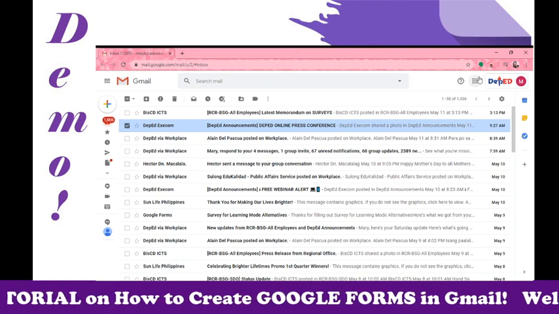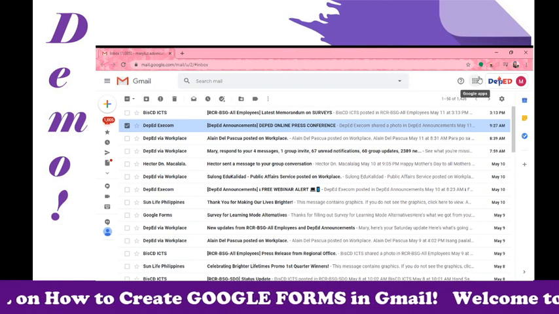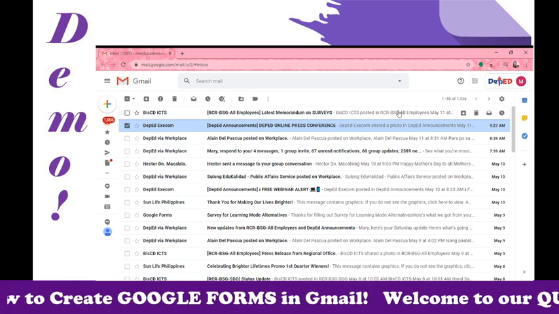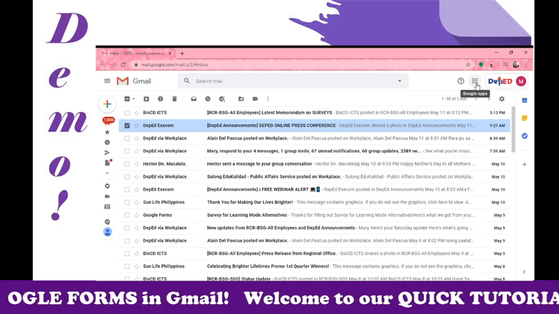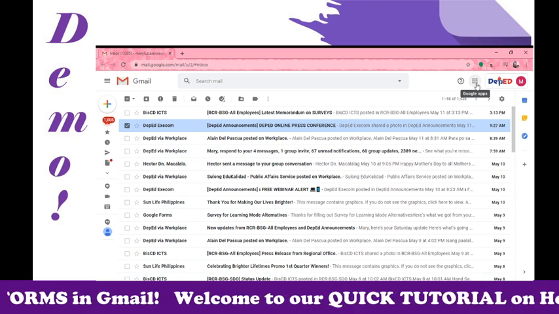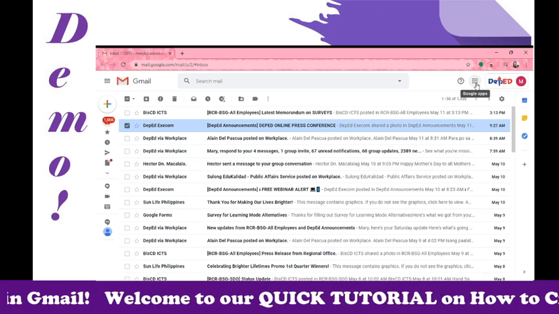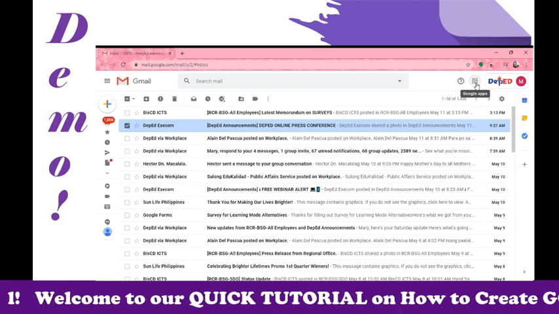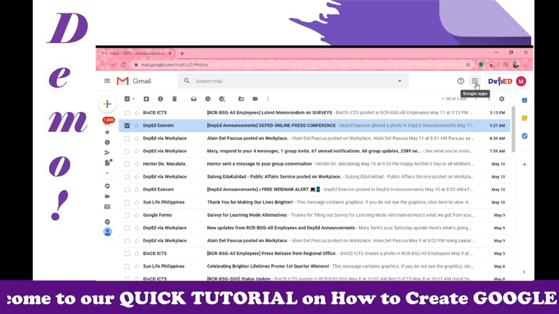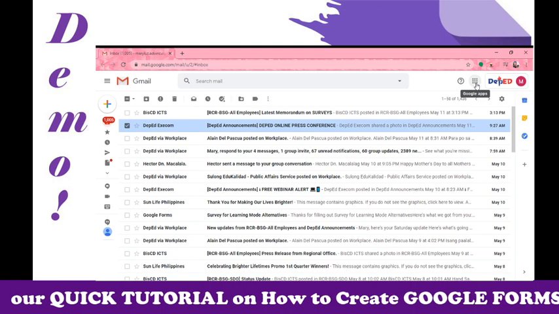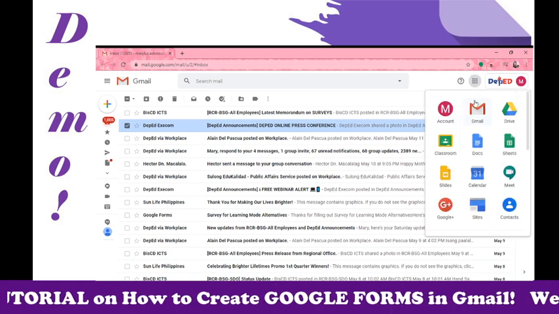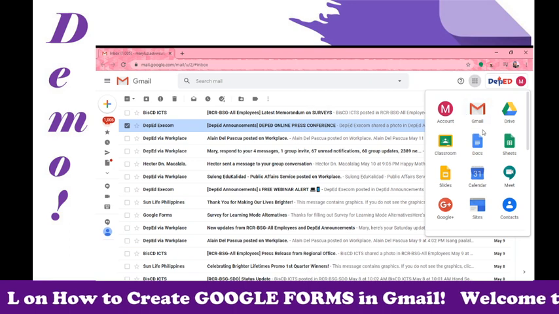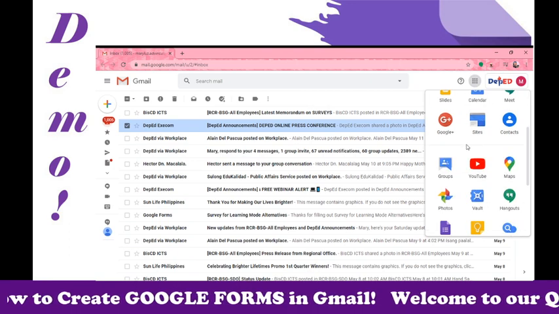All right. So let's proceed to step 2. Click Google Apps. You will know what that is if you can find 9 dots that are stacked like a grid. When you hover on that, it will show Google Apps. If you found that already, please click on that. And then you will see other apps, productivity tools,